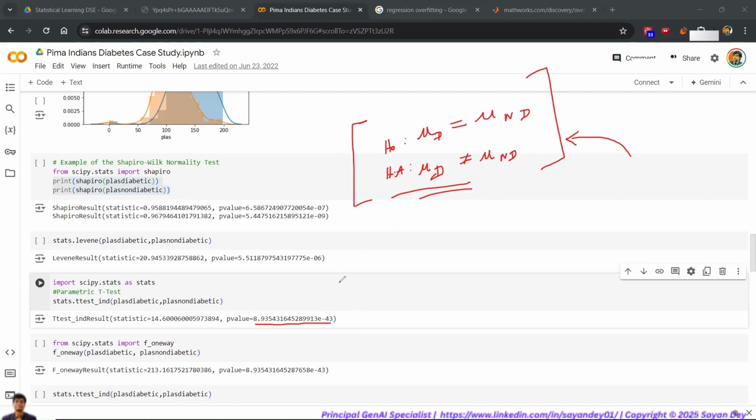Typically in inferential stats, 5% is just a baseline number that we have generally seen. But what we do is we always do a comparative analysis. We always say that the lower the p-value, the better the quality of the feature. Let me write it down. The condition we have generally seen is that if the p-value is less than the threshold, you reject null. We can further say, lower the p-value,